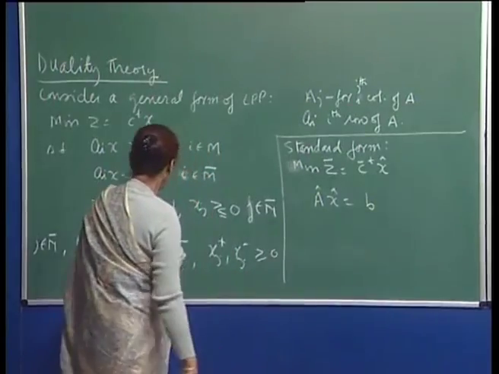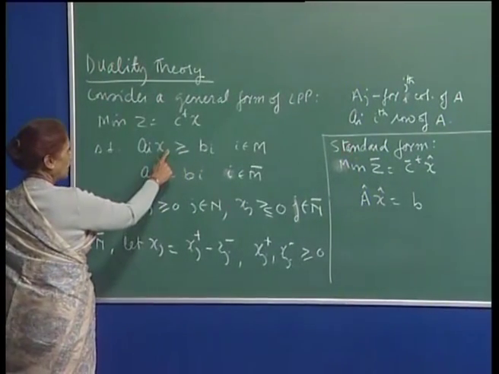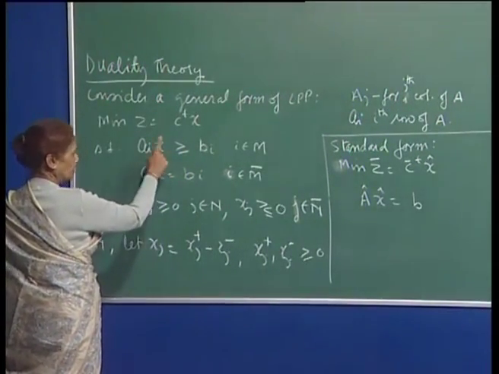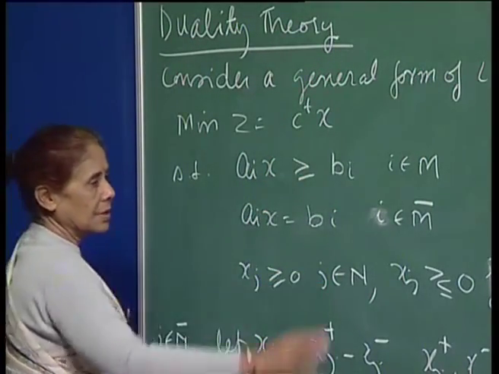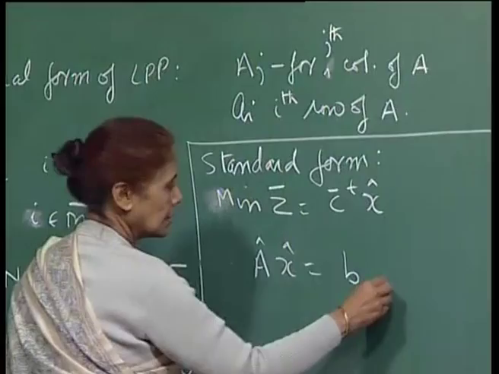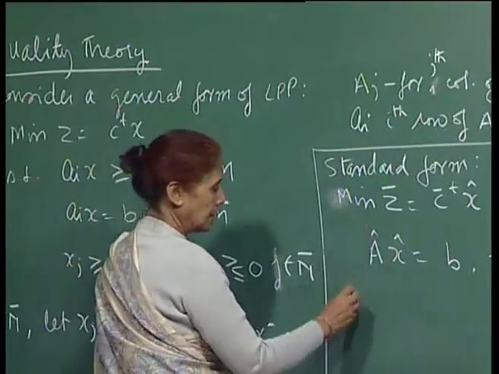Your b will not change, the right hand side does not change, because here I would have added surplus variables minus xsj. So, the right hand side remains the same, and x hat is greater than or equal to 0, right, where